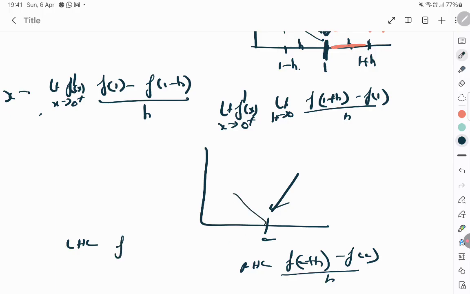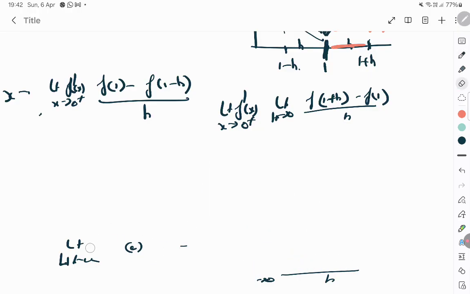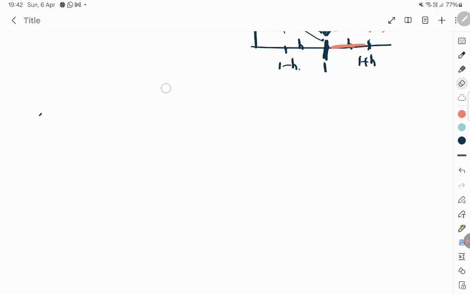f of a minus f of a minus h by h, limit h tends to 0, and here also h tends to 0. You understood the formula? Differentiable means you have to come slanting. So if both the slopes are the same, then it's differentiable. It's very simple. If the left hand side slope and the right hand side slope are the same, then it's obviously differentiable,